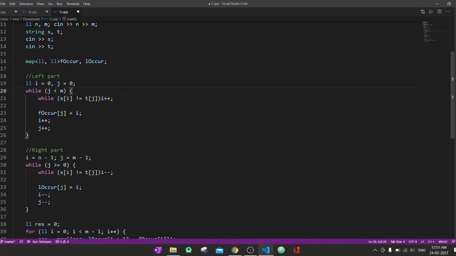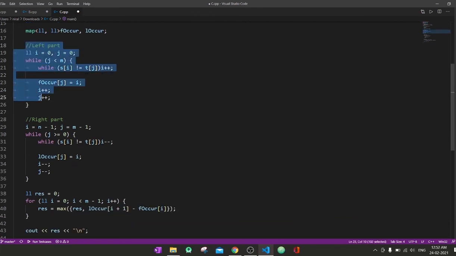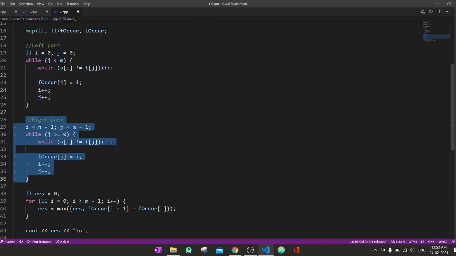When they match, that is the index at which both elements in s and t are the same. I put that index in the first occurrence array at index j, and increase j and i so the next value goes in the next index. Similarly I have done the same for the right part.